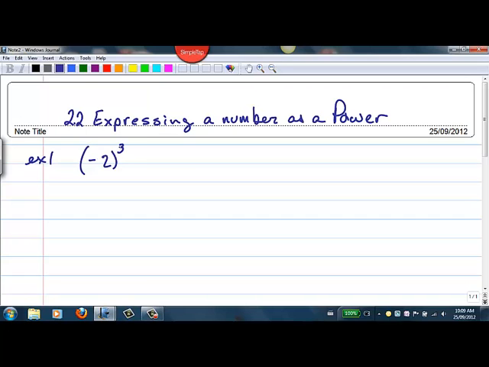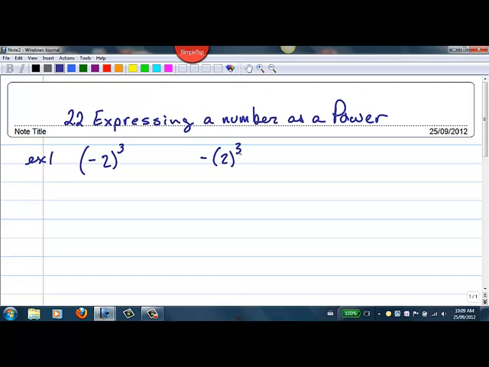Alright, so today we're going to be looking at expressing numbers as a power. In the first example, we've got (-2) in brackets to the power of 3 and negative of 2 to the power of 3. We'll note that the exponent of 3 only affects what it's touching. It only affects the -2